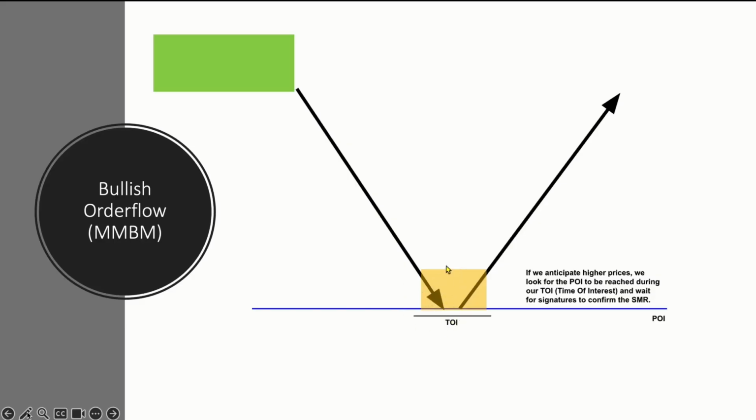This yellow box represents the smart money reversal, the SMR, and from there on we see buy side delivery targeting the original consolidation's high. We're going to build up on this schematic,